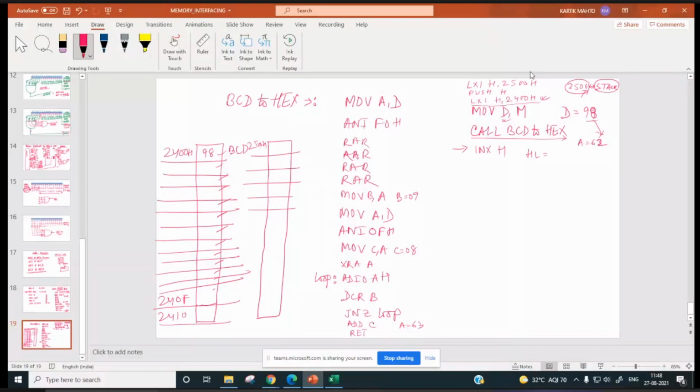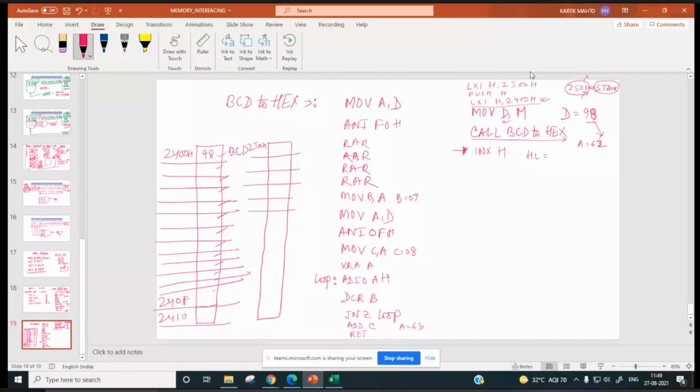Right? So address of this instruction INX H is pushed on to the stack. So this is 2500, and on top of it our address of this INX H has gone. But when return instruction is executed, the address of this instruction is popped from stack, and stack pointer comes to the location where 2500 is stored.